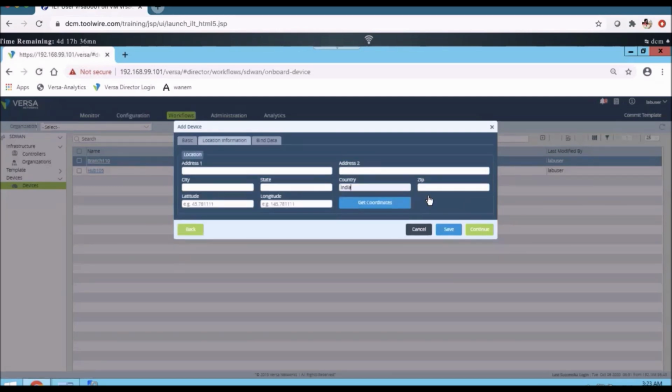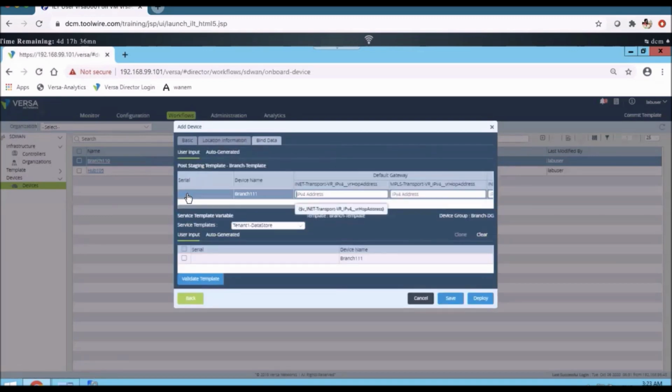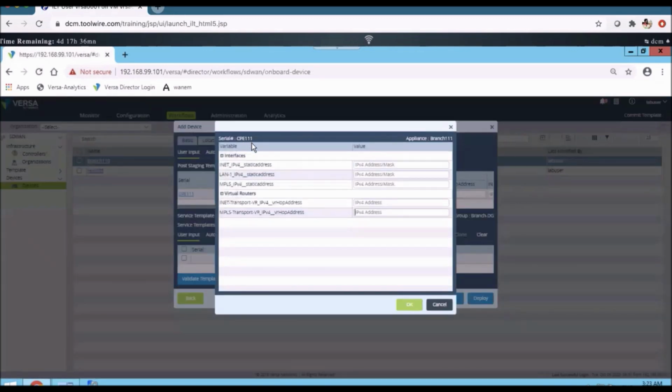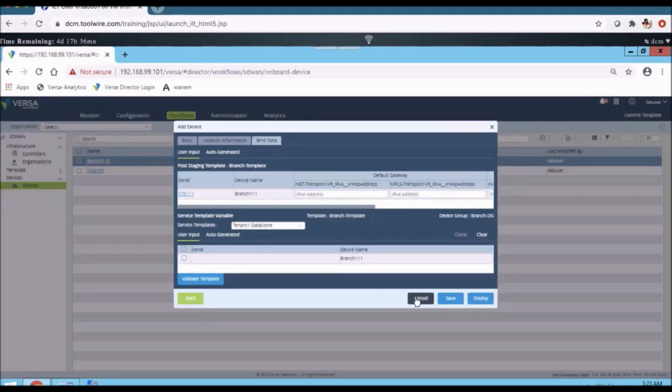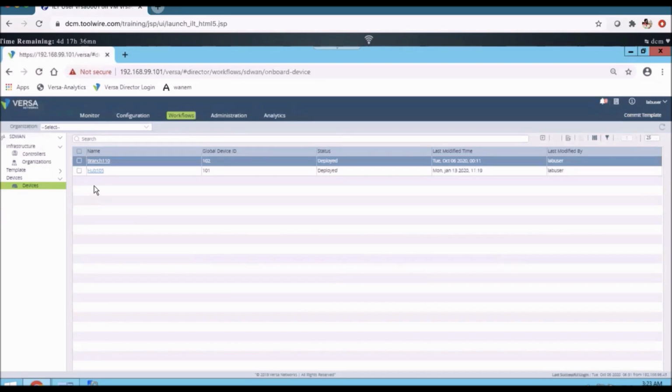In a group, the device specific information should be blank, no? Means there will not be any device specific information in the group, Prakash. It's always in the devices. So here in the bind data, what is the information available for branch 111? You are going to configure that information. Perfect. So this is about the exercise.